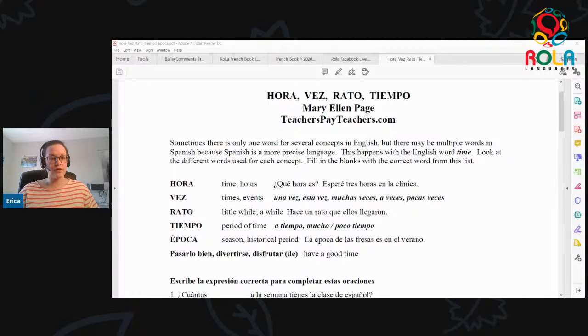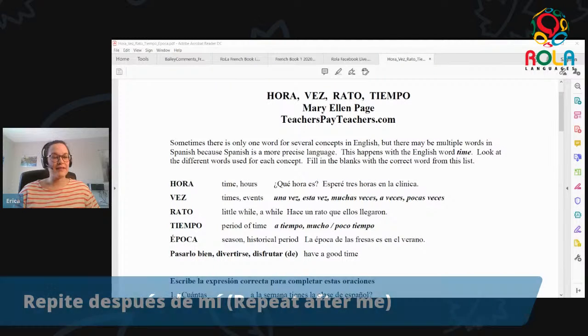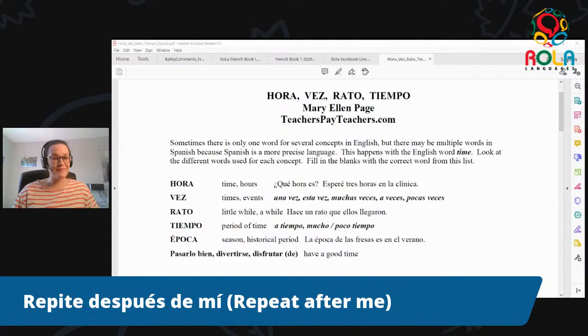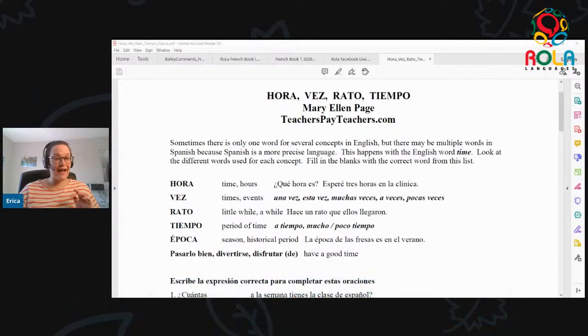So for example, the first one we can see here is hora. If you want, you can repeat these words after me to make sure we're pronouncing them right. Hora. As you know, the H is a silent letter, so we shouldn't pronounce it. Hora we use to describe 2 different things. One of them is explicitly the word for hour, like when you're counting hours on a clock. But we also use hora to describe time in general, in terms of telling the time on a watch or a clock.